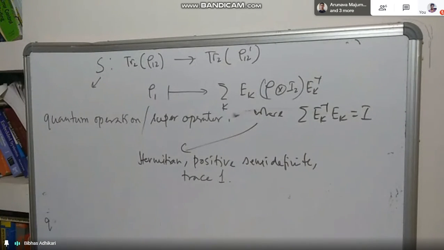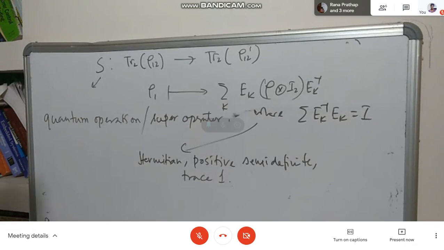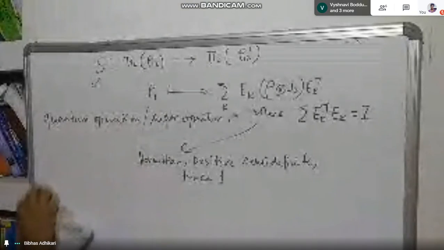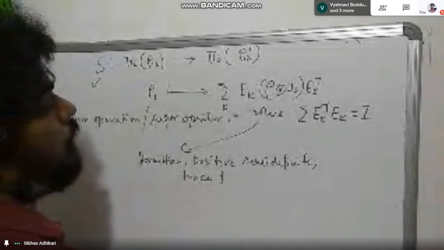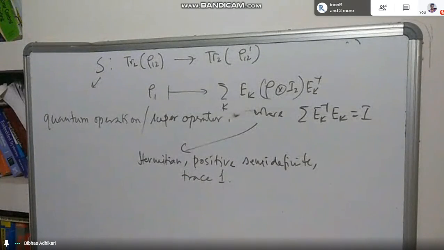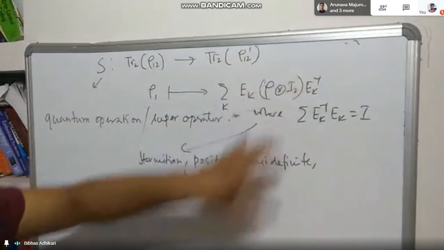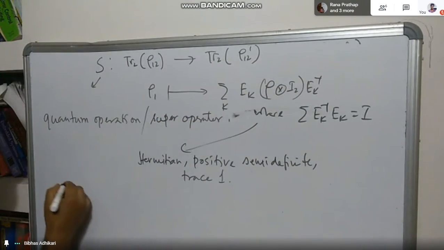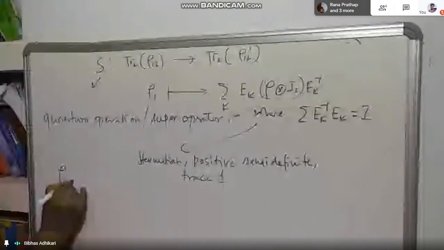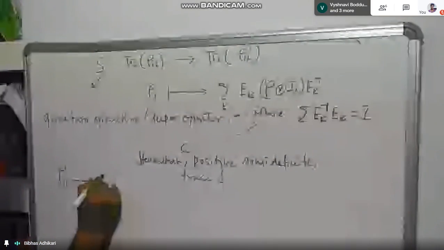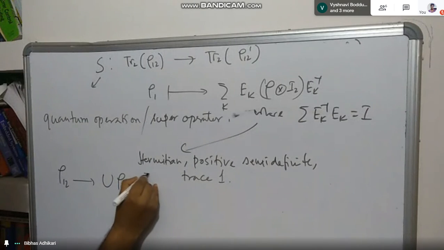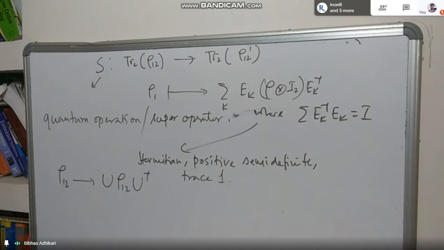So this is what is called a quantum operation. Sir, but we still haven't found a matrix which we can just multiply on both sides of rho, right? Both sides of rho, which rho? The rho 1, sorry. So this is what I'm saying: whenever I have rho 1,2, the entire system, this is the evolution. Now what I'm saying is, as a subsystem of this, so this is the entire system.